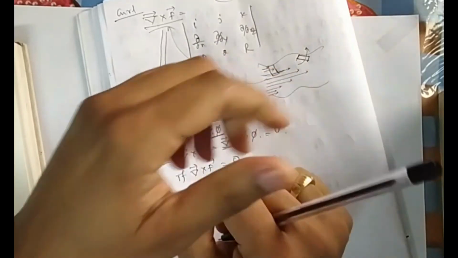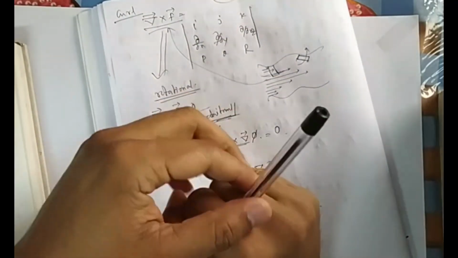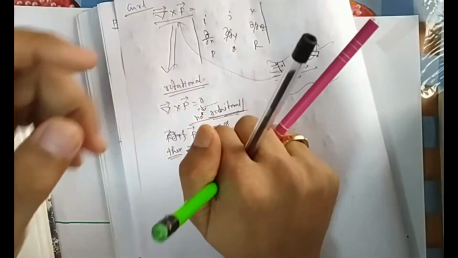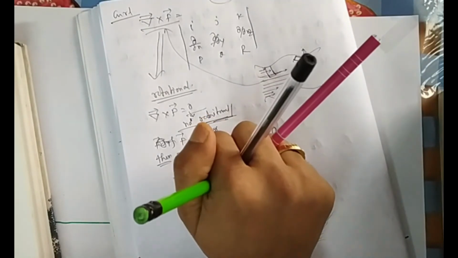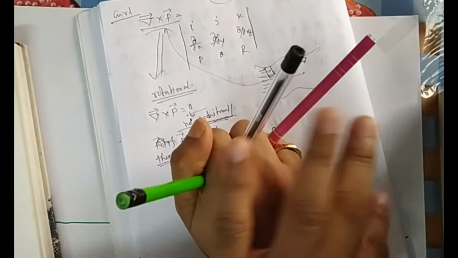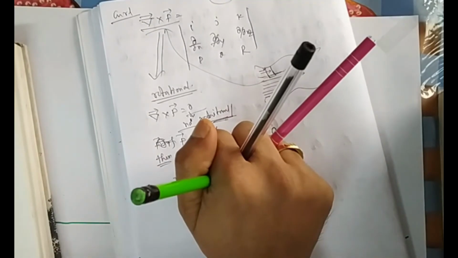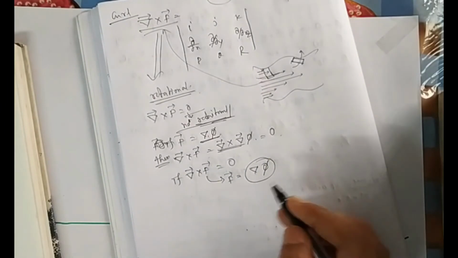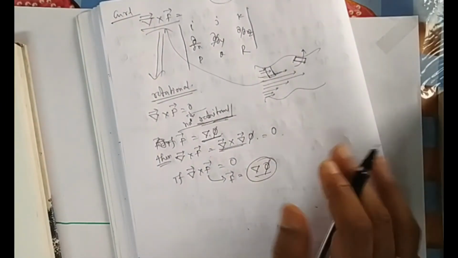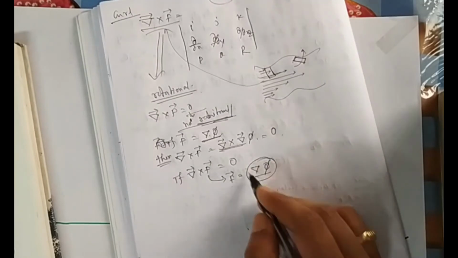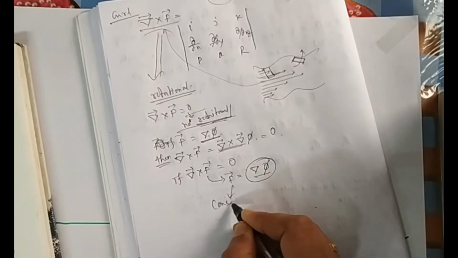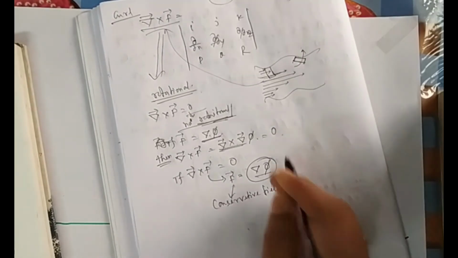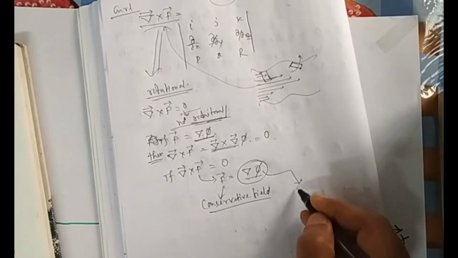Remember this one, my normal, level surface, this represents the normals. So all the normals, there is a normal, there is a normal, there will be another normal. All these normals will come out of my body. In every position you will find a normal. So if this makes a field, that field will not give a rotation. That is the meaning of this, because originally this is not a field, this is created from a scalar. You can think of it that way, you can remember it in that way. So if this is so, then this field is known as a conservative field. I will put all these in a PDF file, and this is known as the scalar potential.